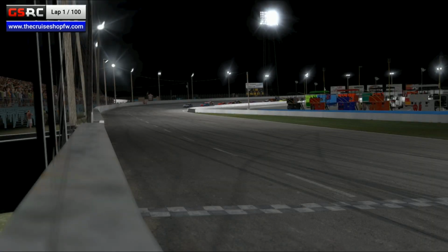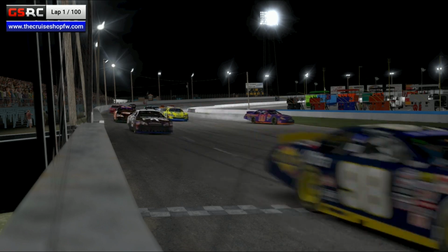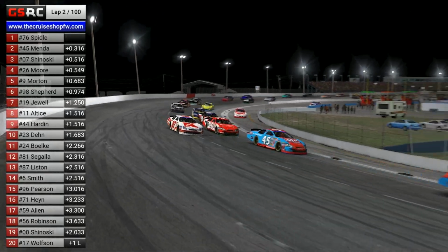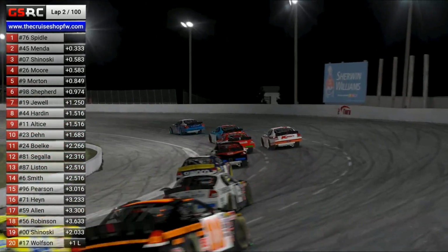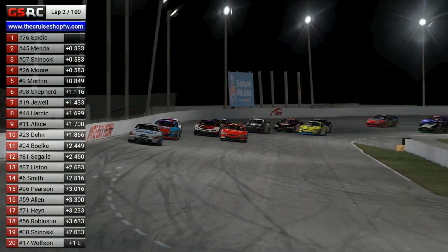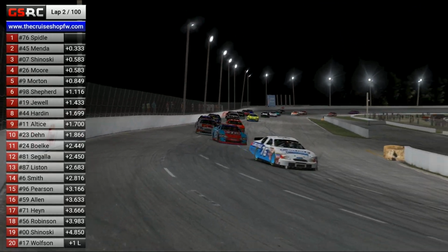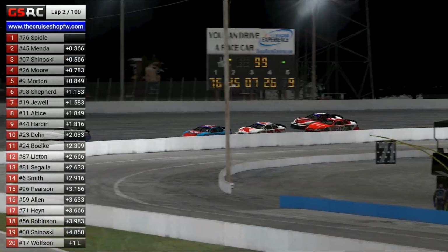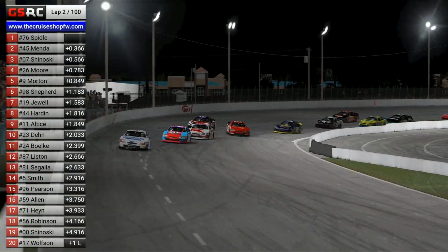The battle right now is for third between Donnie Moore on the inside in the 26 car and the 07 of Tim Shinosky on the outside. Justin Morton right now looking for somewhere to go. So far, everybody playing nice here in the opening pair of laps. Yeah, and Donnie Moore's going to have to watch in his rear view as we got the 9 of Justin Morton coming through. And just like any other 9,